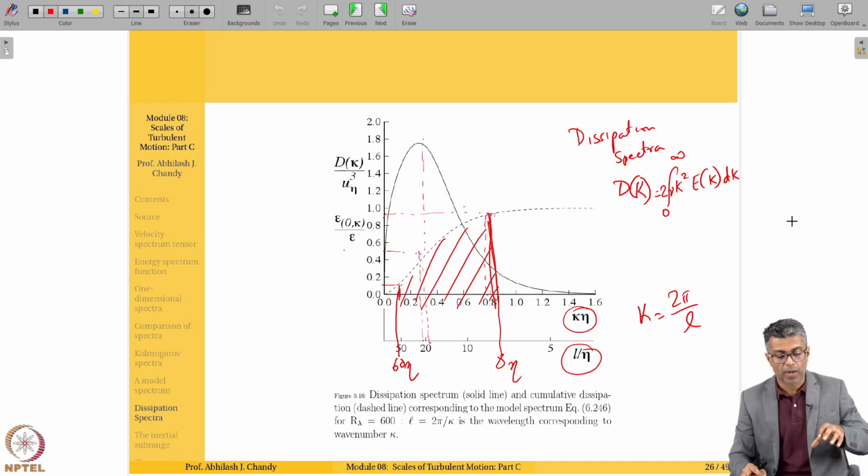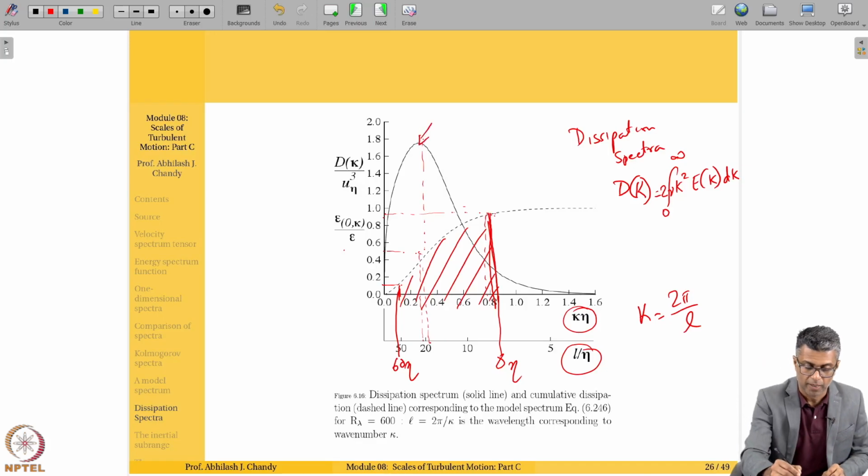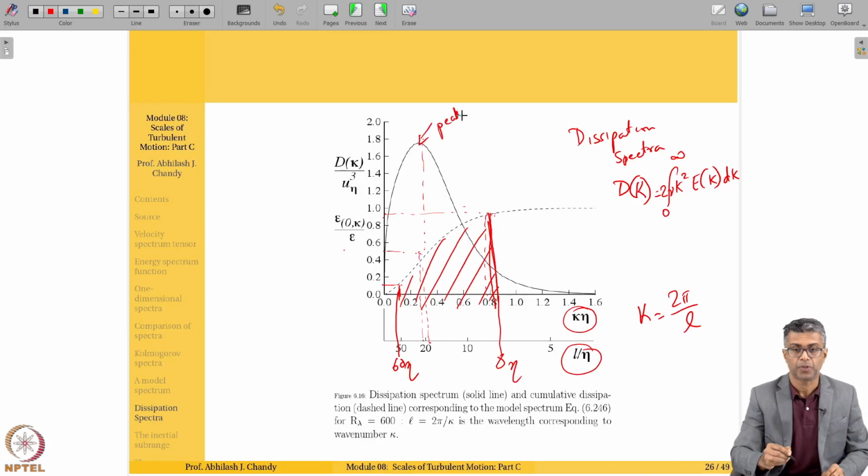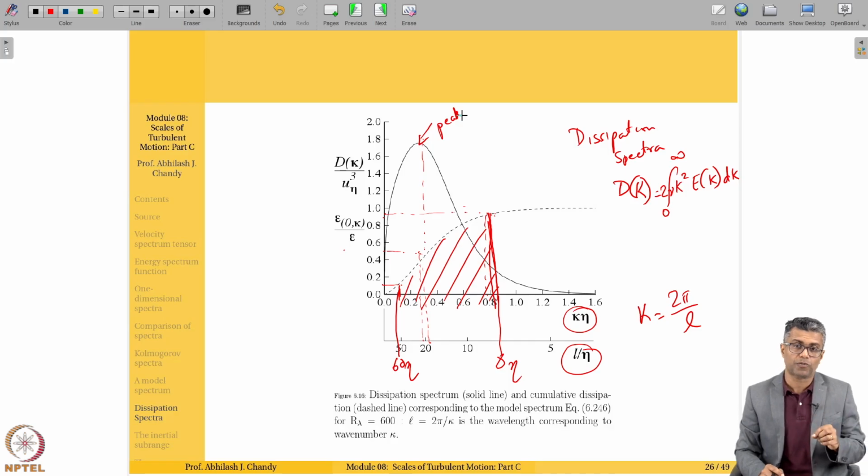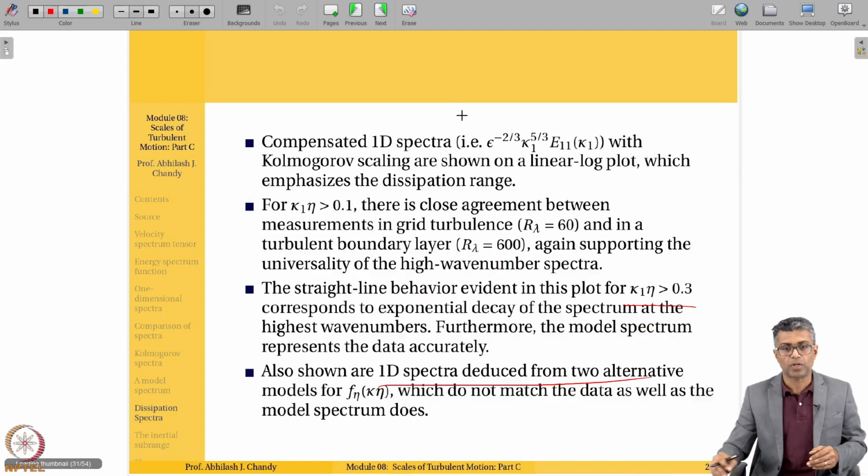following, right? You had the dissipation spectra behaving like this. We saw where the peak dissipation occurred, and you just had to look at this one. This was the peak. Then we also plotted in this figure the cumulative dissipation, just to see where the bulk of the dissipation is concentrated. And it turns out that if you just look at this particular